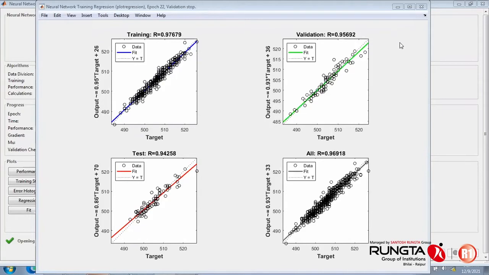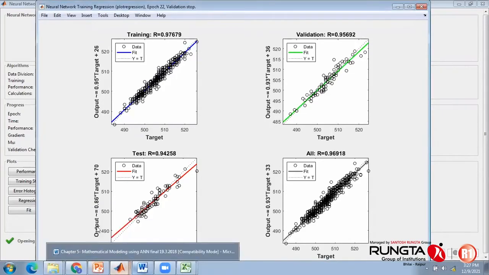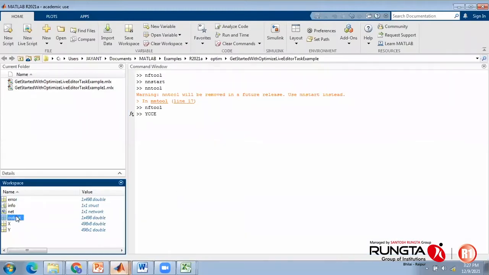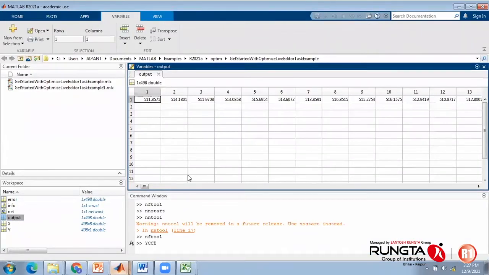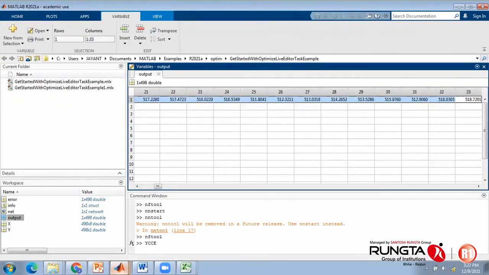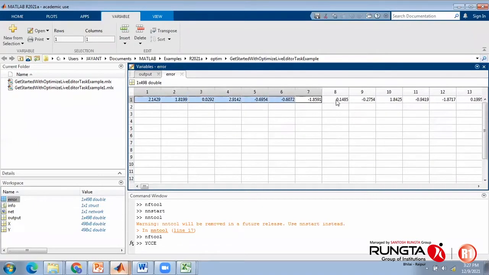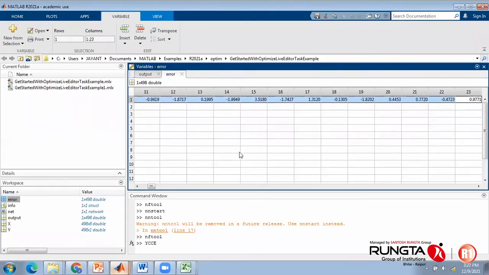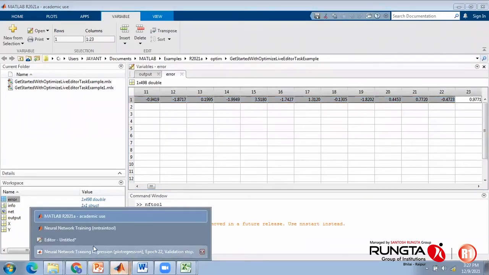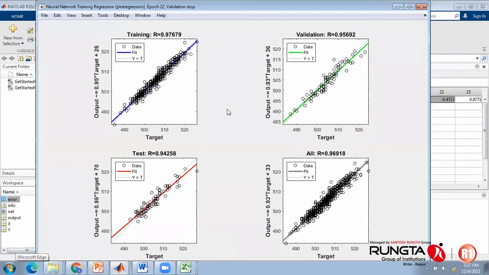If you go to your workspace, let me go to the workspace in MATLAB. See, this predicted output is already printed on this side, against your actual value. So this is already done. There is no other optimization. Even if you talk about the error, MATLAB already calculated the error associated with this. My question is, if I really wish to improve this further, how can I go ahead? What are the ways to deal with this?